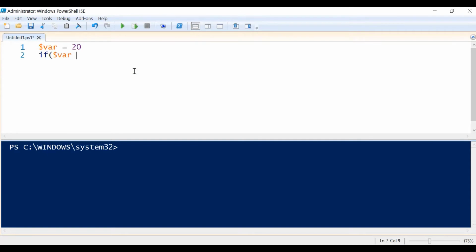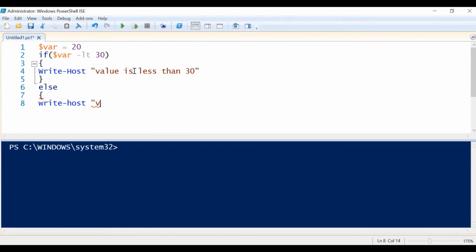So in the if we put the condition: if the variable is less than 30, then we will print value is less than 30, else we will print value is more than 30.